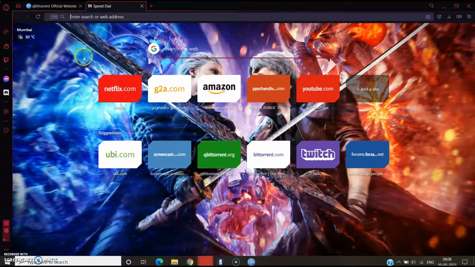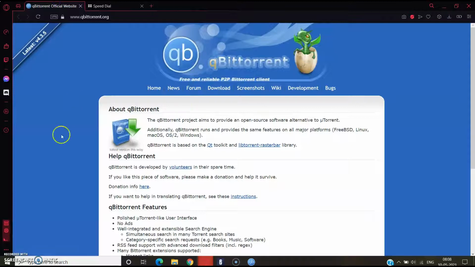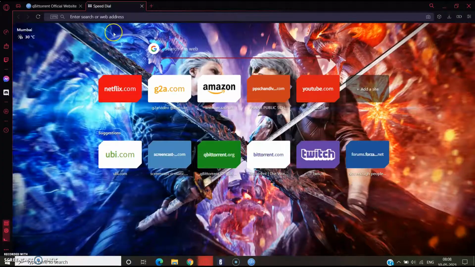Today I'm going to show you how to download all the games for free. For that you need to download qBittorrent. The link will be in the description. After downloading qBittorrent, it's basically like uTorrent. You guys know what uTorrent is. So download qBittorrent and then you just need to go to a site named